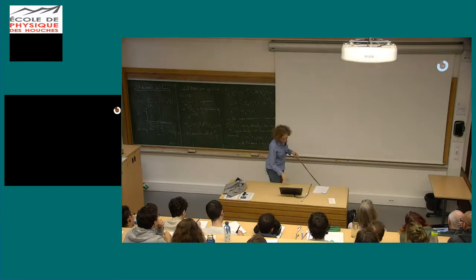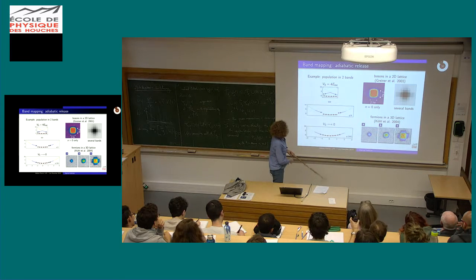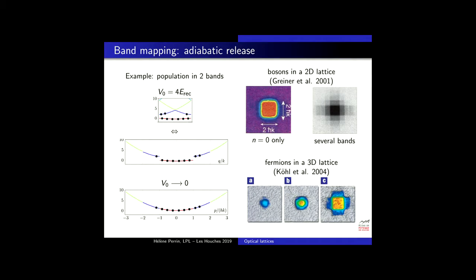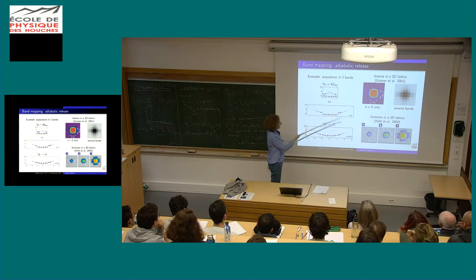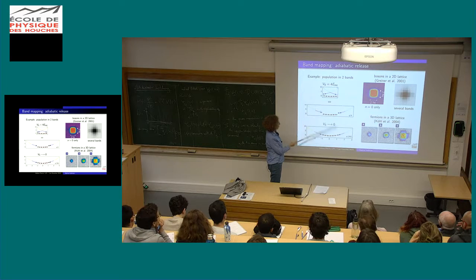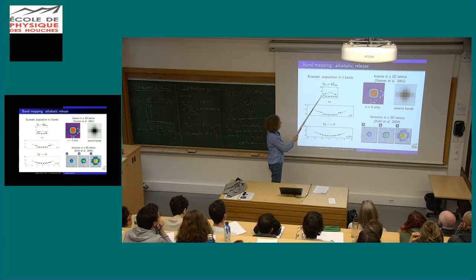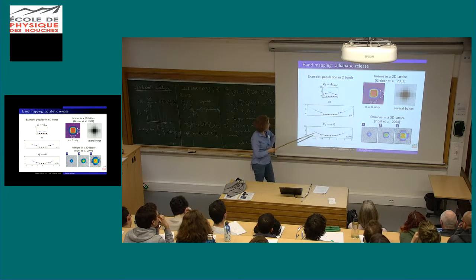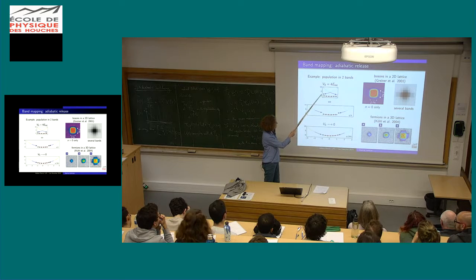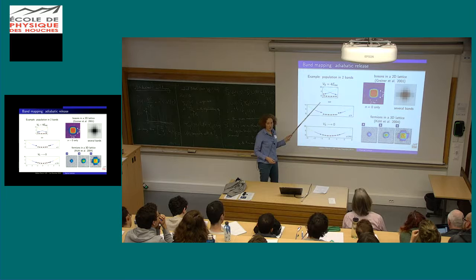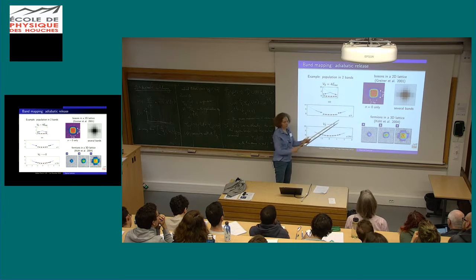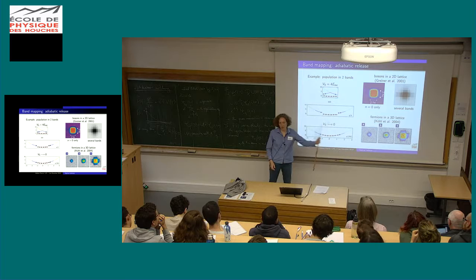And another way of switching off the lattice is the adiabatic opening. So here is an example of the drawing I've shown just before, where imagine you start in the fundamental band and a little bit in the first excited band. Once you switch off, well, this is just the same picture as this one, but instead of concentrating only on the first Brillouin zone, I can also decide to use other values of Q within a period 2K.